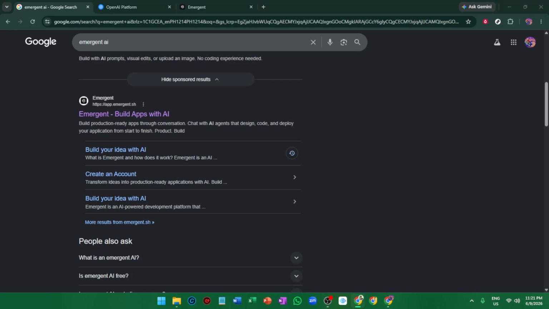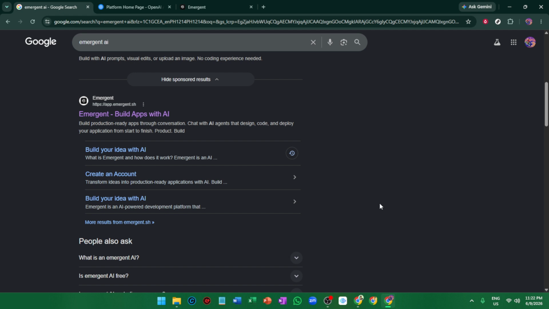In today's video, I'm going to teach you how to connect OpenAI to Emergent AI. We're going to walk through the full setup process together so you can link your OpenAI account to Emergent AI and start using OpenAI as your preferred language model provider. This is a straightforward process, but there are a couple of places where it's important to slow down, especially when